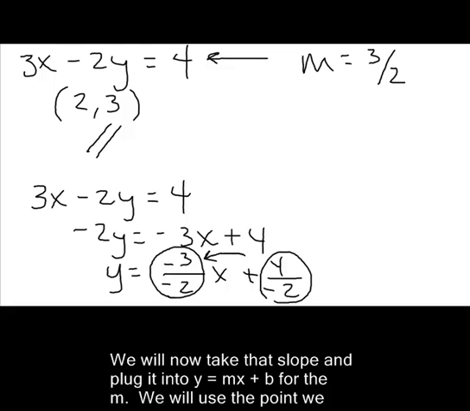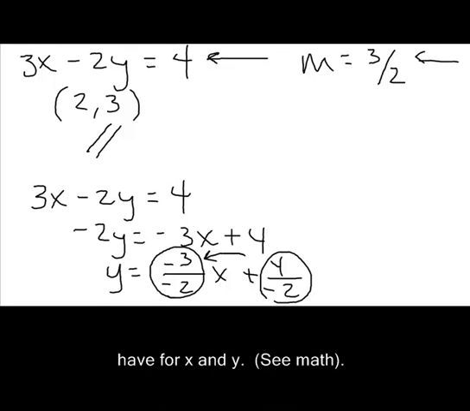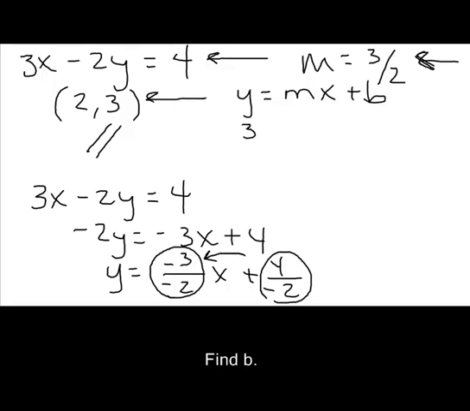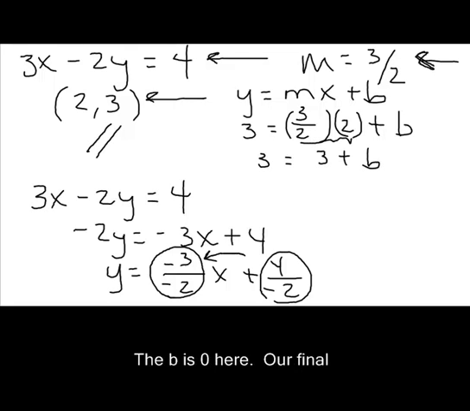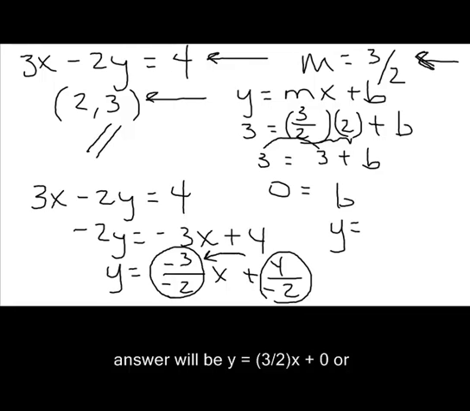If I'm trying to find a line that is parallel, I will use the slope that I just found, the 3/2. I will then use this point, and it will now look just like some of my previous problems. I will take my point and substitute the y in for y, the slope that I just found in for m, and the x in for x to find my b. So 3 is going to equal 3 plus b, because 3/2 times 2 is 3, which means that b in this case equals 0. So my equation of the line parallel to this one going through the point 2, 3 would be y equals 3/2 x plus 0,